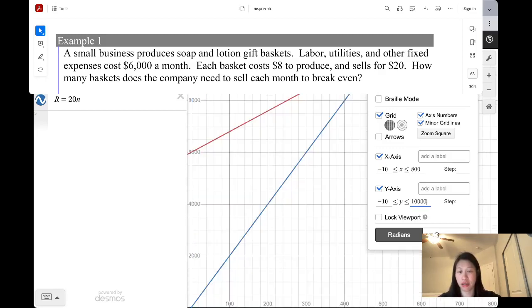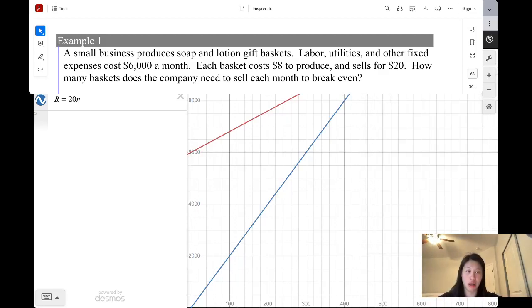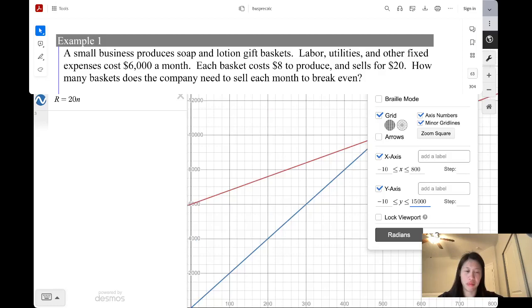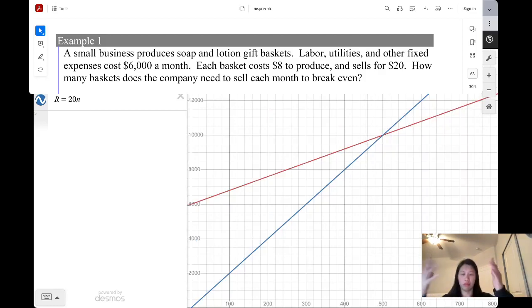Oh, now we see the red line. Okay, have you seen the intersection point yet? No, so that means we need a bigger range. Let's do 15. Okay, so now we see the green line, the blue line and the red line. Now the intersection point is 500 and 10,000. That means what? If you click on here, you find the intersection point. That means the break-even point is